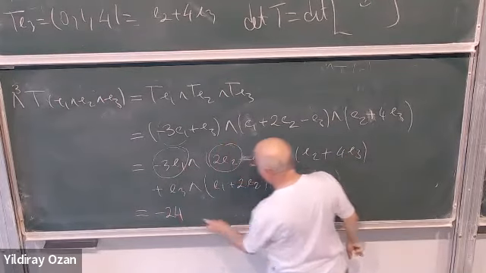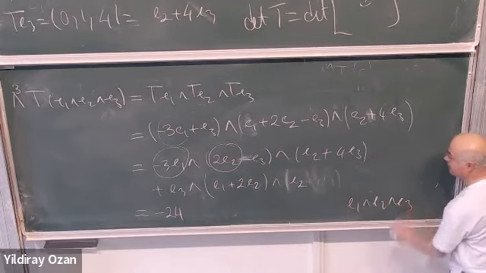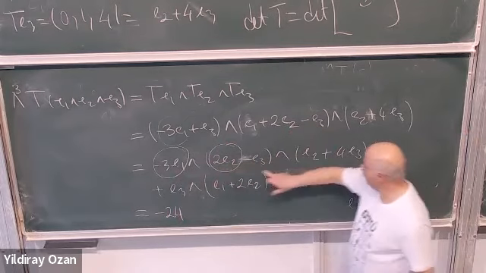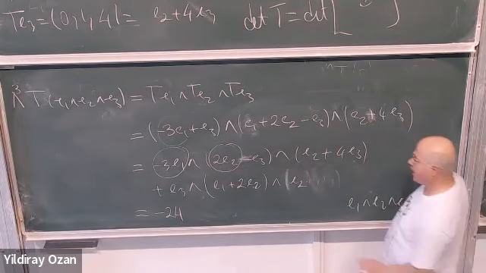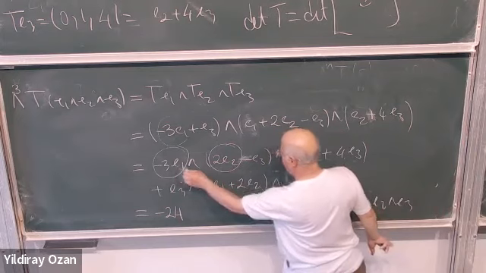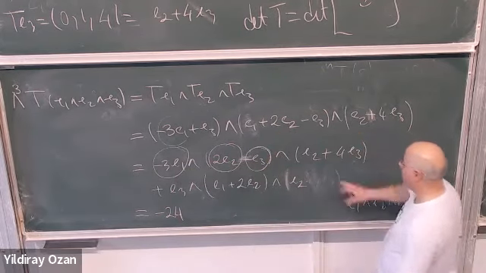Minus 24. E1 wedge E2 wedge E3, right? E1 wedge E2 wedge E3. What else? I can choose this one, E1, and then if I choose this one, then I have to choose